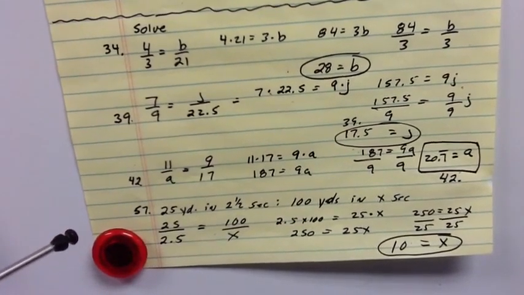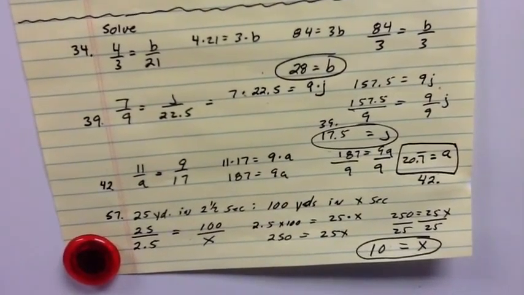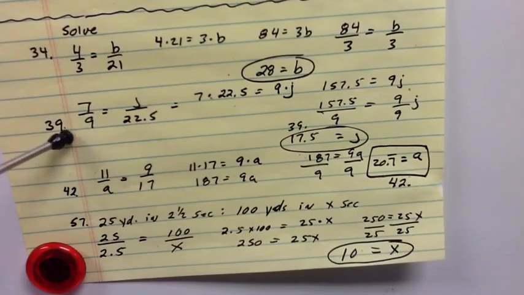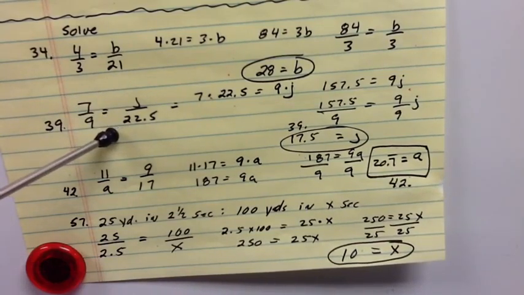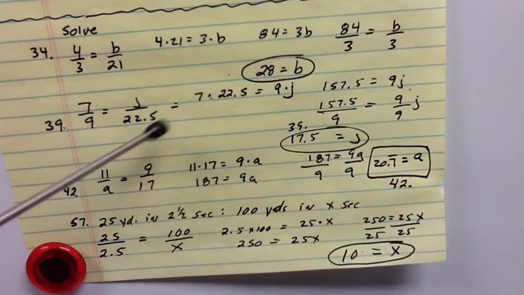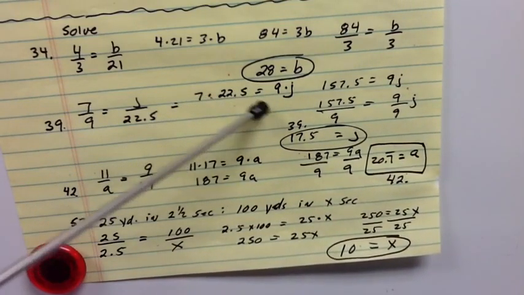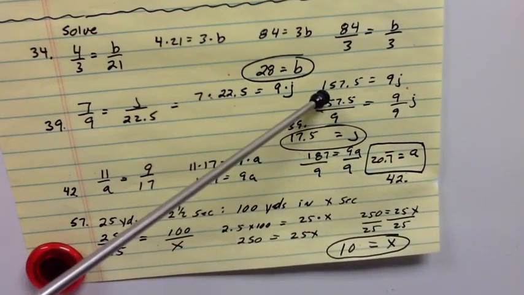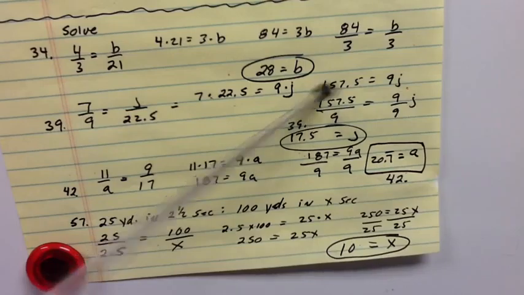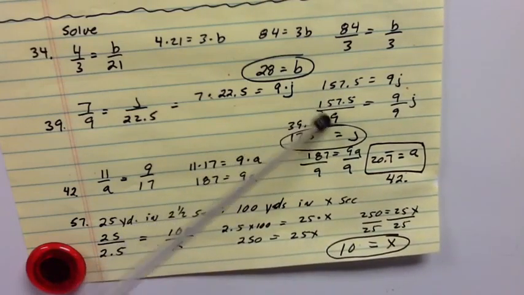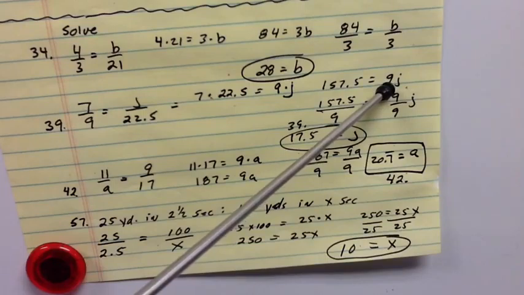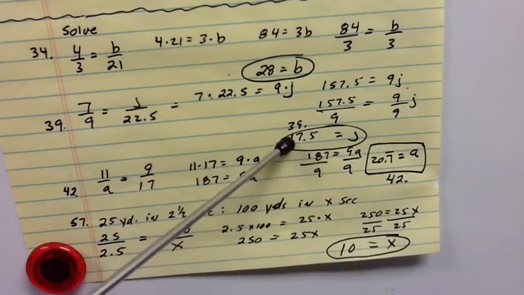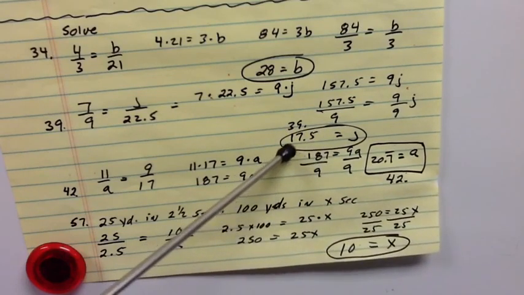Okay? My next one is number 39. 7 over 9 equals j over 22.5. Cross multiply, 7 times 22.5 equals 9j. 7 times 22.5 is 157.5. So now the other side is 9j. I have to divide by the 9 to get rid of it. 157.5 divided by 9 is